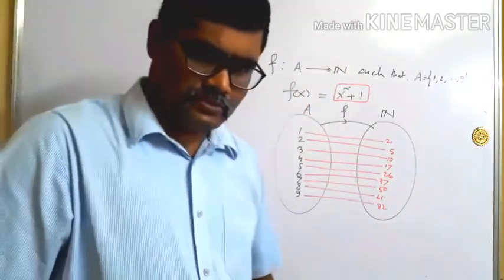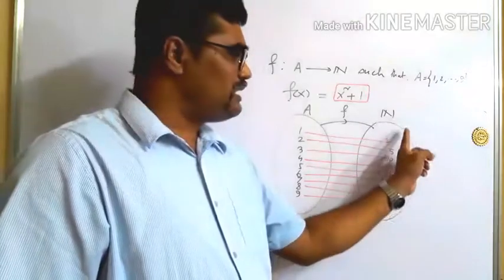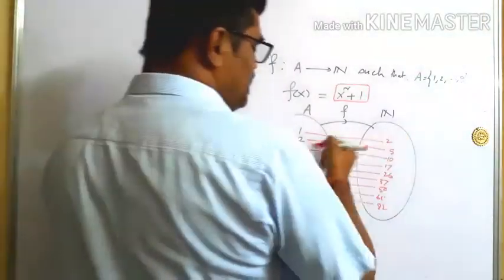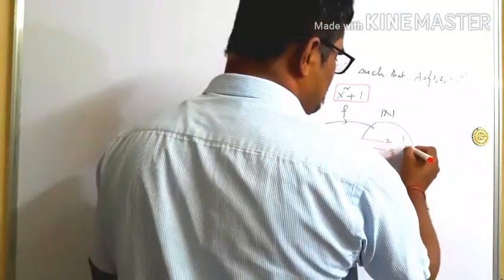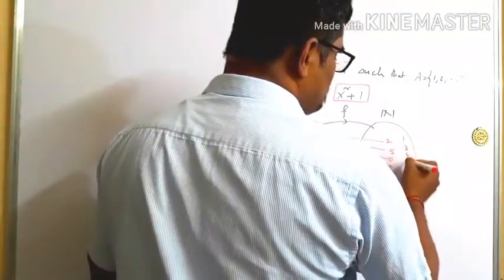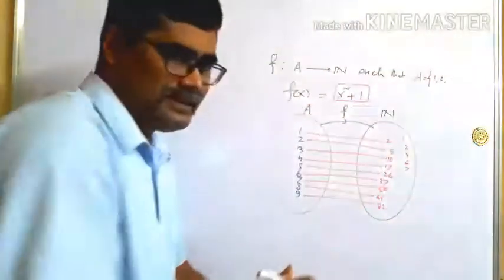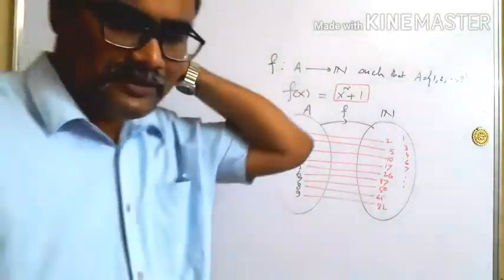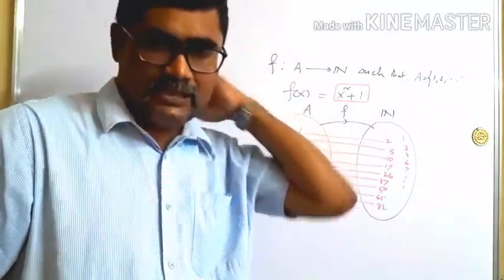Now there are many other natural numbers which are not related to any of the elements here. Just say 1, 3, 4, then 6, 7. These will be there. I will not write all. So now from here, if I ask you what is the range, domain is very clear